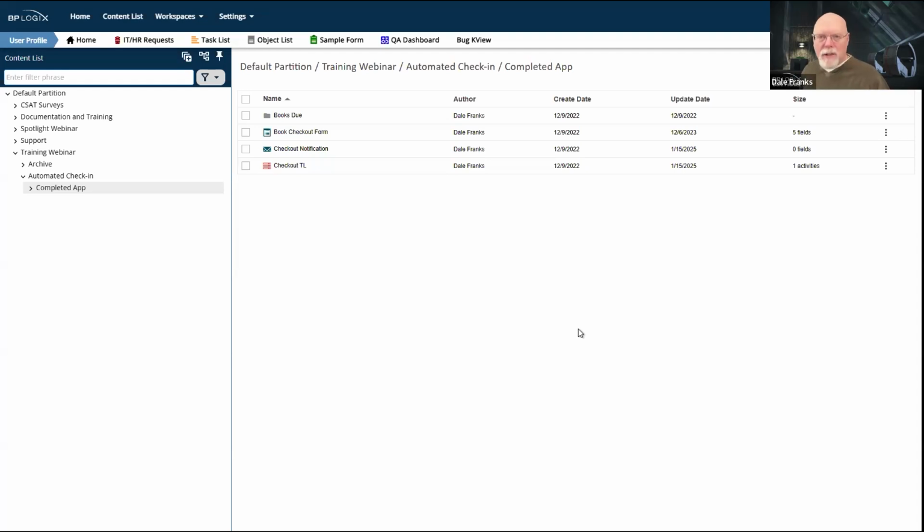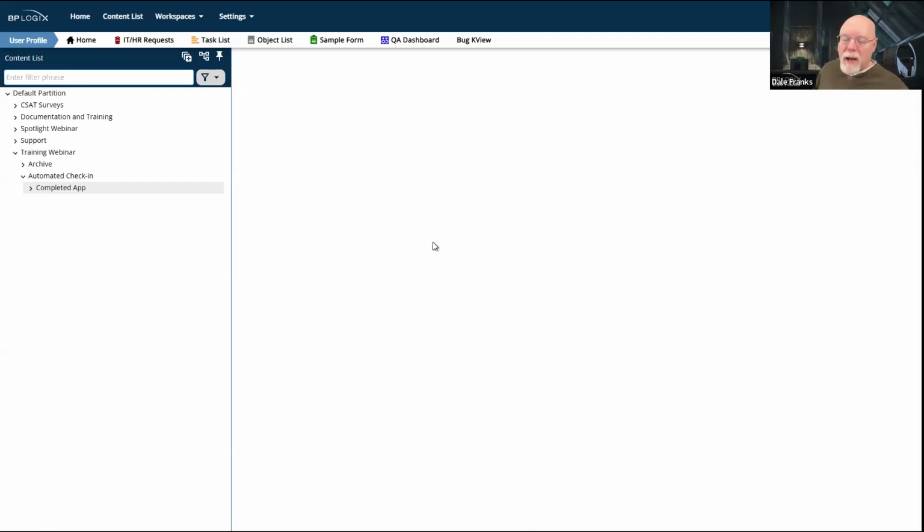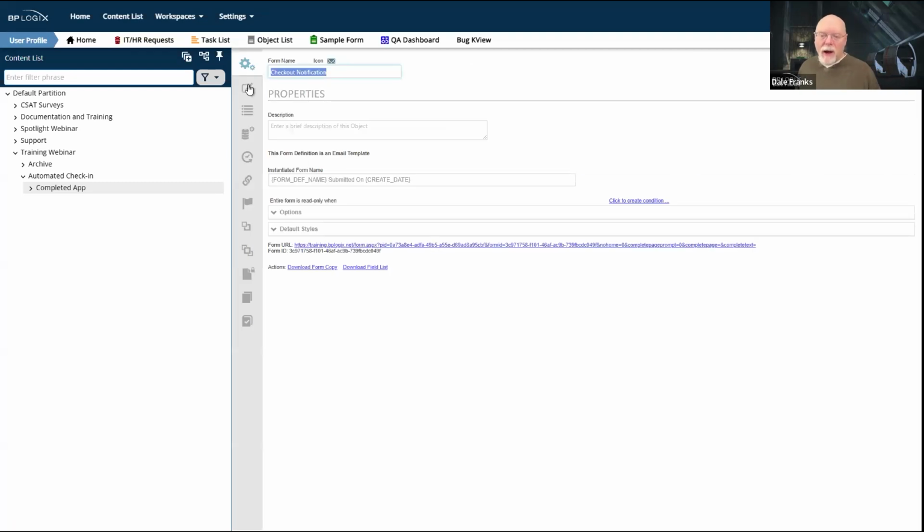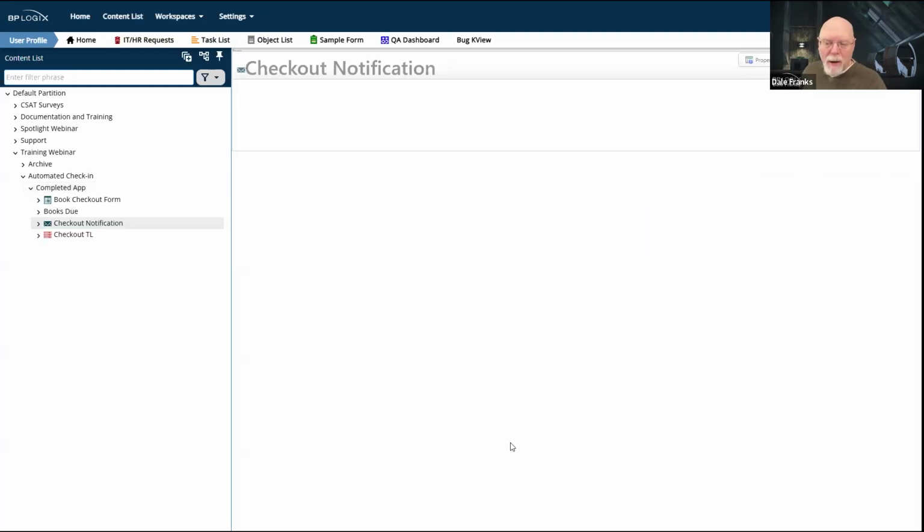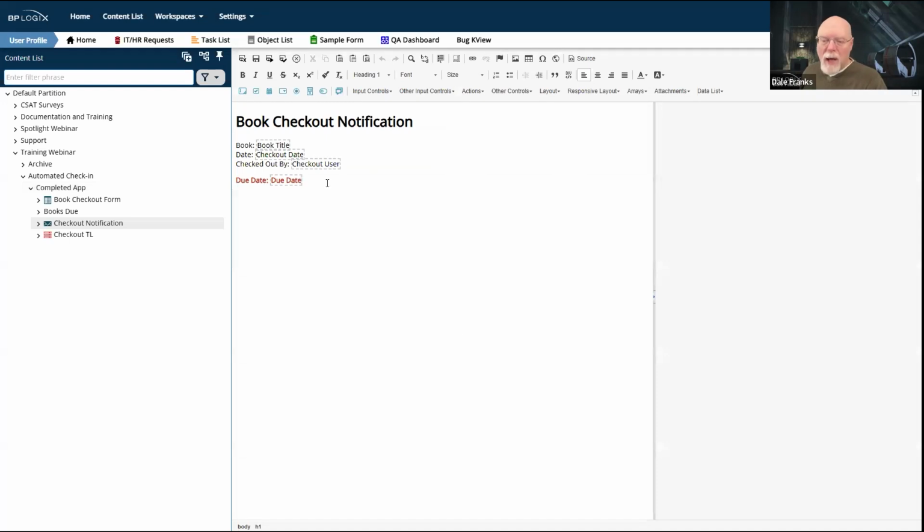On the checkout side, there's not a lot that we have to worry about. There is, of course, a checkout notification. It's an email notification. It just notifies your user that they have checked an item out and tells them what their due date is going to be, confirms the title of, in this case, the book that they've checked out, who checked it out, and when it's due back. So it's a real simple email template. There is actually no task for this notification. This is really an informational notification, so there is no link to a form. There's no link to an activity.